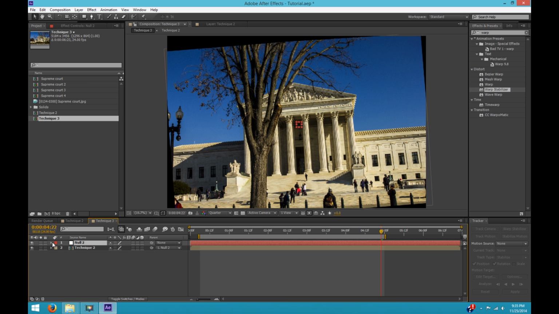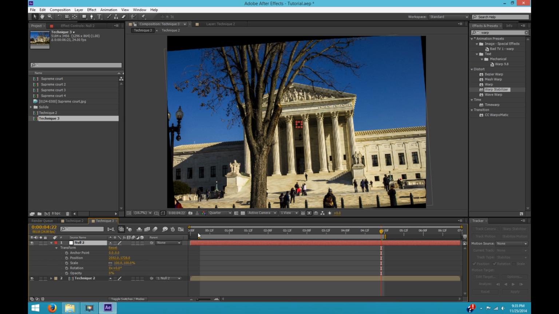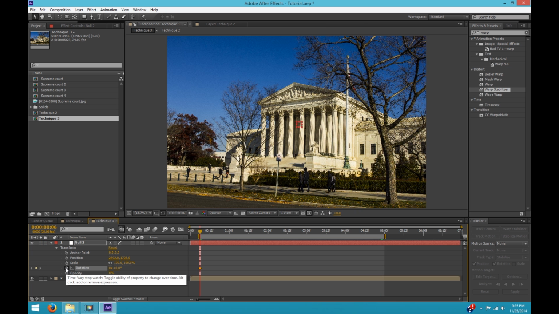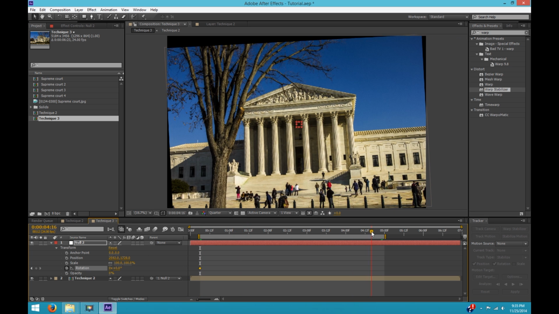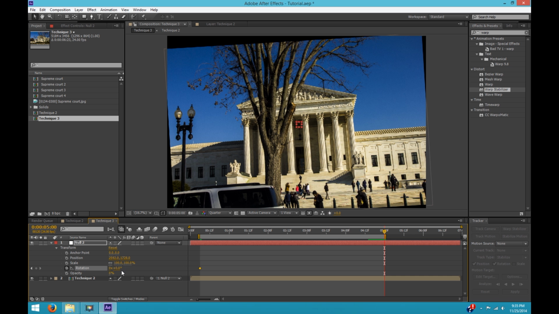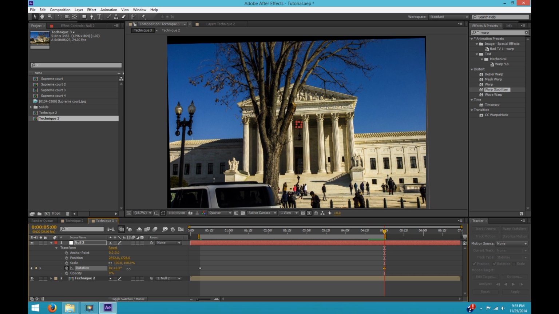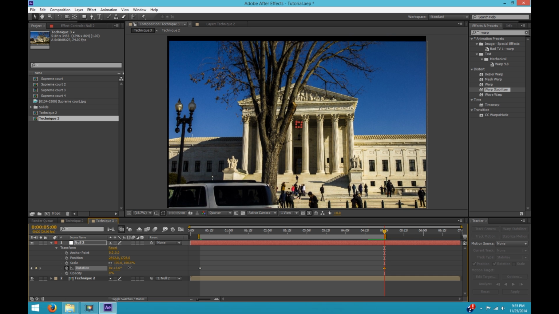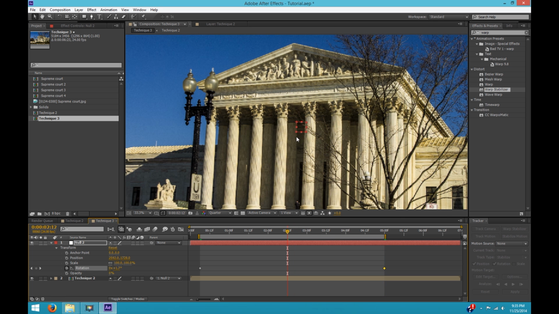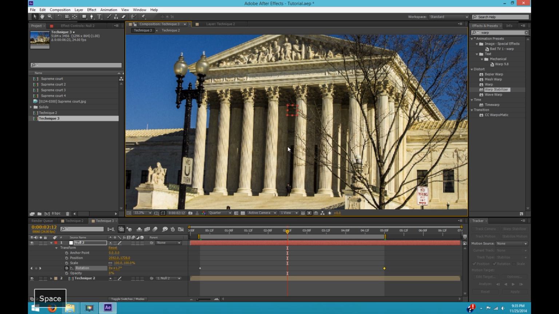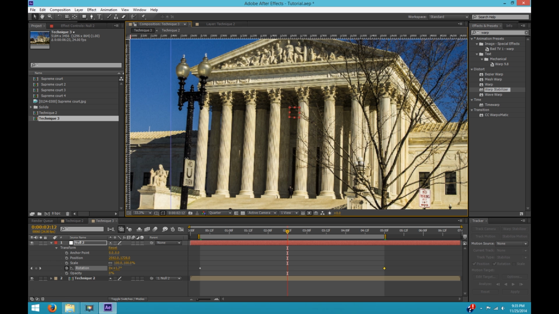Okay, so the null object, I can just take this null object, and to animate the rotation keyframes, just push the stopwatch button, and by the time we get to the end, I can hold down Control so I can do fine rotation correction here, rotate it back correctly, and then as you get to a certain point, I'm going to hit Control R to bring up the ruler, and I want to make sure this is vertical.